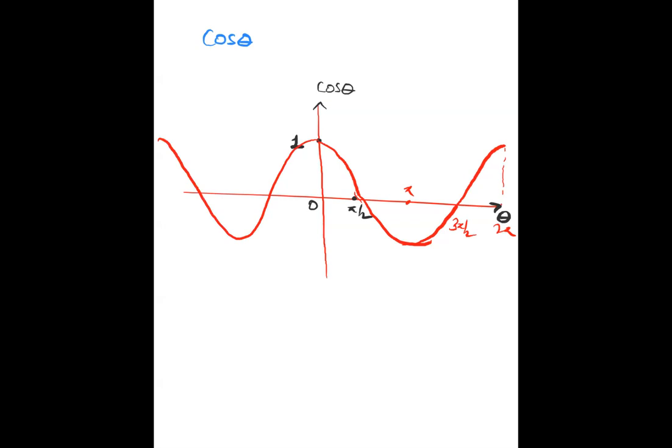This is 0, then this is pi by 2. This point is 3 pi by 2. This point is, you can say, 2 pi. No, pi by 2, 3 pi by 2, 0, pi by 2. Sorry, this is pi, minus pi by 2, minus pi. Then minus 3 pi by 2. And this one, minus 2 pi. This is the graph of the cos function. If you compare it with the graph of sine function, the graph of sine function is somewhat different.